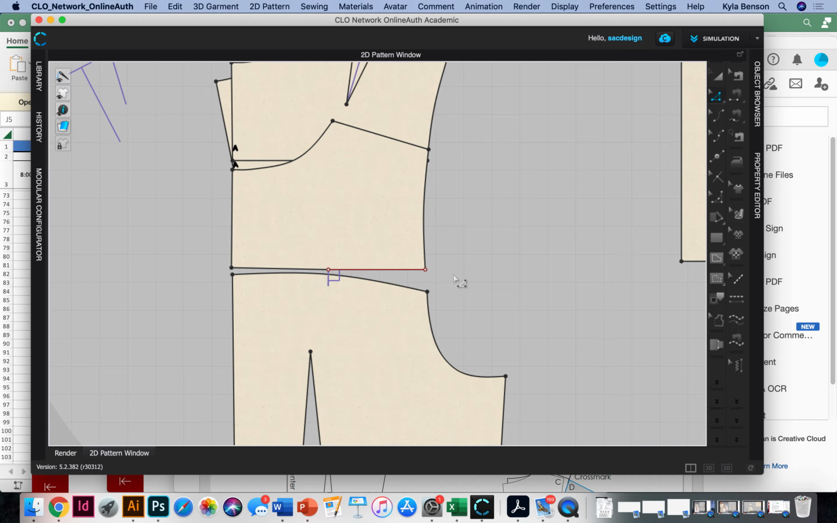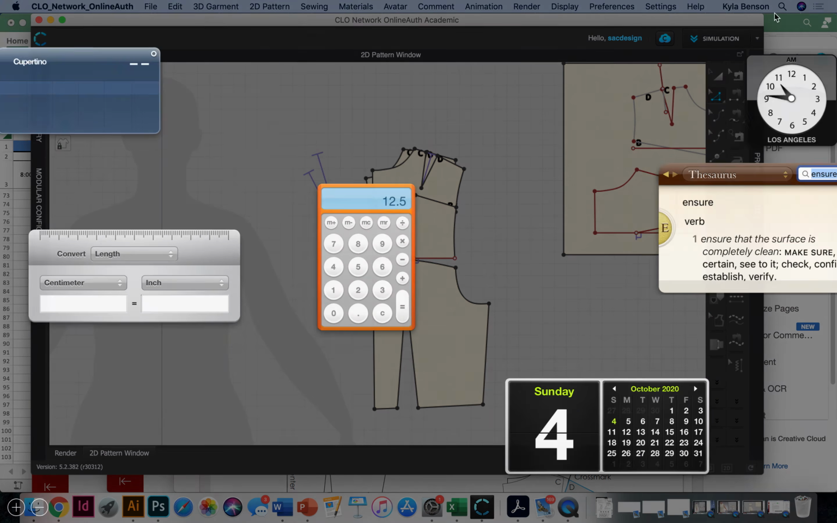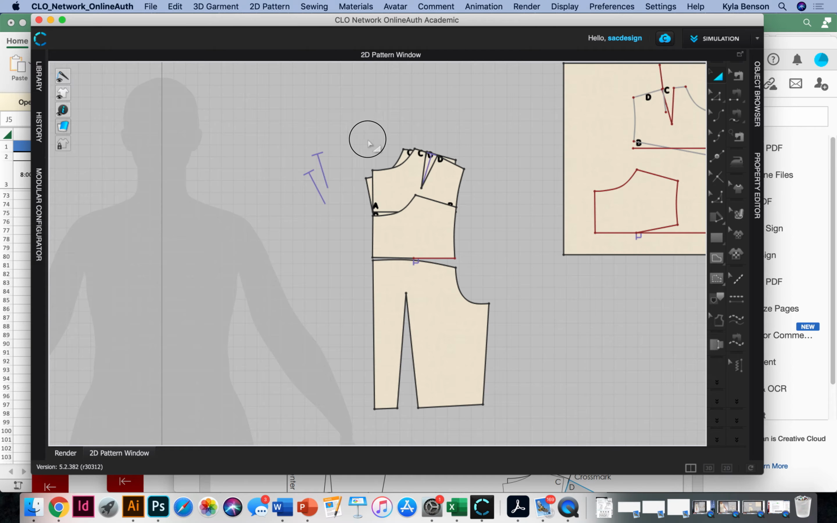Okay, that's the pattern piece we want. Okay, so let's see here. I guess all of this I can just delete. I'm probably gonna have to